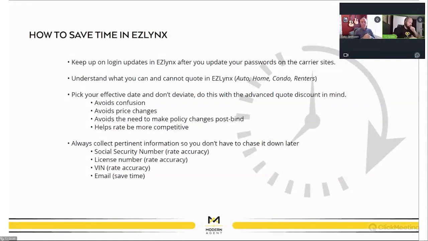And can I actually go back to the previous one? I'm sorry, just a real quick item that I just thought of, TJ. One reason it's important to update those passwords in EZLynx, and I'd say even if you're feeling like that carrier hasn't been competitive, it doesn't really matter, is that EZLynx gives you some rate signals on what carriers are doing. You also send messages to carriers by your use or non-use of EZLynx.